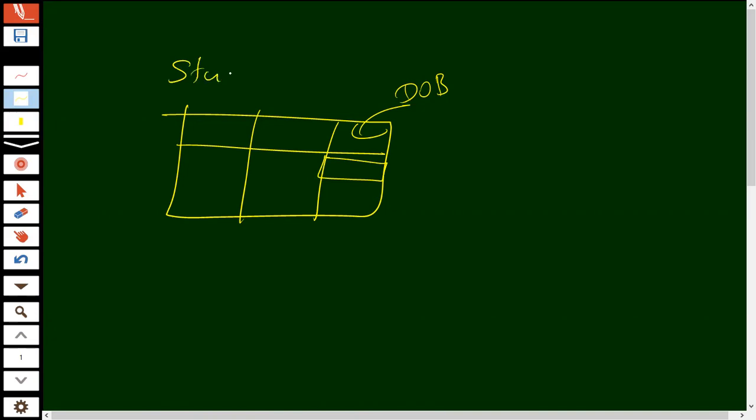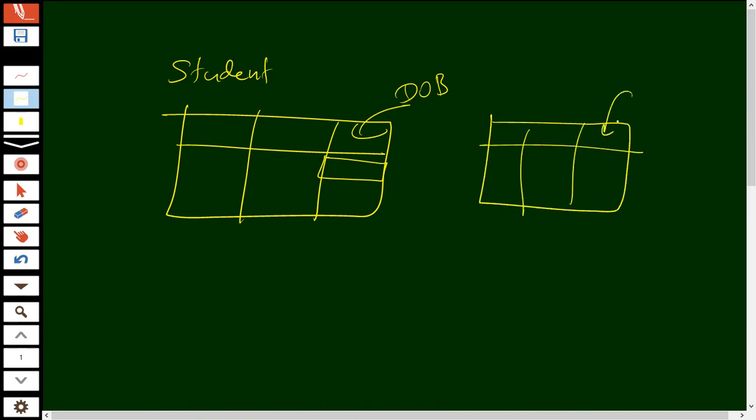This is, let's say, the student table. And if we use another table to store the student's age, we know the date of birth, and using the date of birth, we can generate the age of the student.